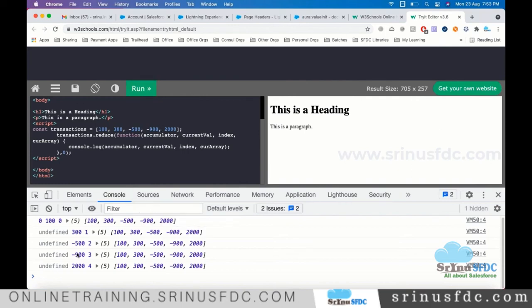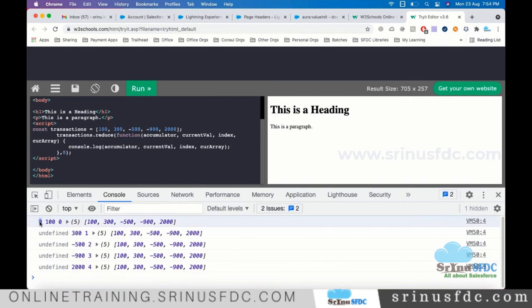So run it. Now if you see, the first time the default value is 0, and I'm not returning anything. This expects a return. Since I did not give any return value, from the next time onwards it keeps the return type as undefined.